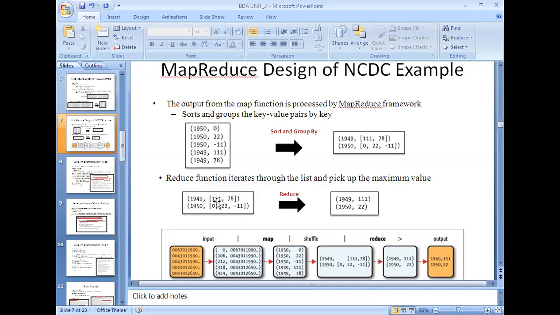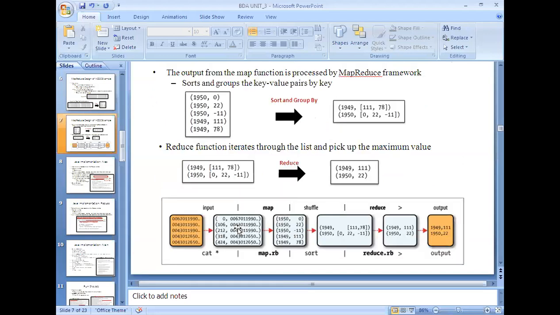The input will be split into key value pairs, because the mapper logic accepts information in the form of key value pairs, and it produces intermediary key value pairs. Here you need to observe some important points regarding the mapper. The mapper accepts key value input pairs and produces intermediary key value output, and the input and output formats need not be the same.